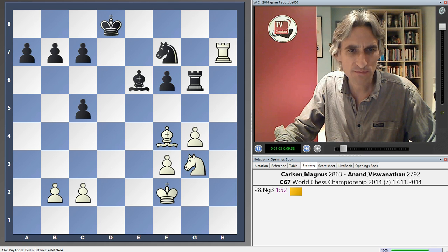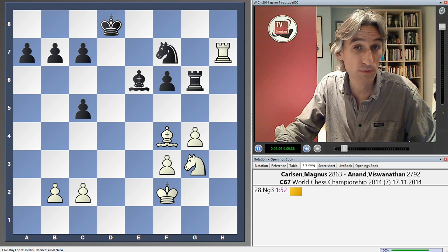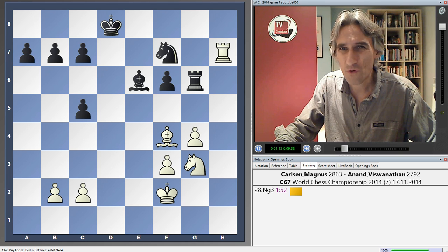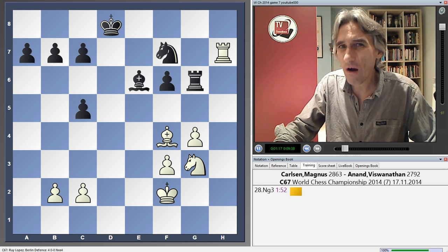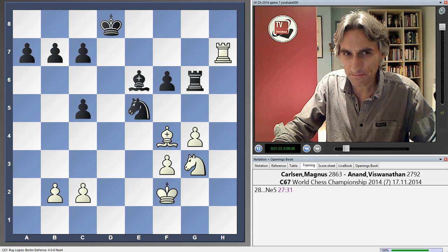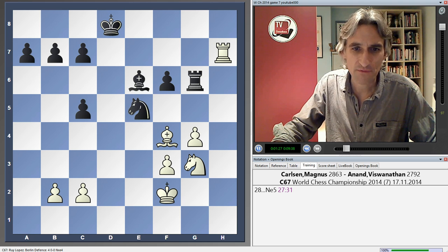And for the moment, Black's pieces aren't very well placed at all. There's certainly no counterplay with his queenside pawn majority. This rook is poorly placed on g6. Anand thought for almost half an hour in this position on just one move, and he came up with knight e5. Now, one thing is that if knight e4,